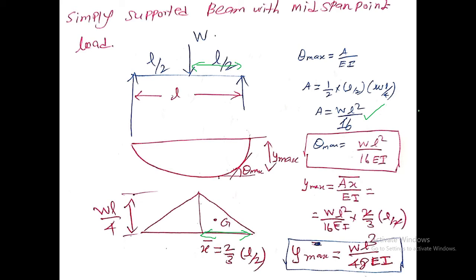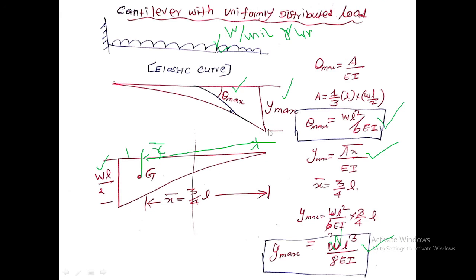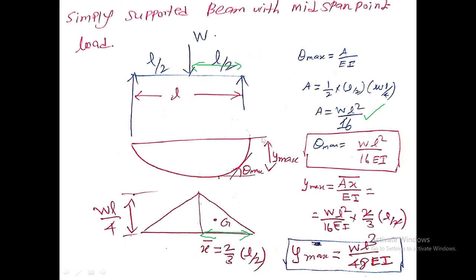slope. The maximum slope is WL square divided by 16 EI. Okay, WL square divided by 16 EI. So next, maximum deflection is A x bar divided by EI. A is WL square by 16 EI, x bar equal to, this distance